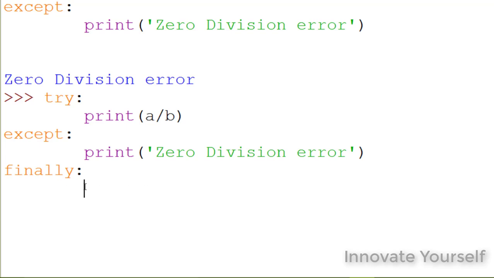Instead, whatever you pass inside this finally, it will print that message as it is. Because sometimes you want to display some message no matter what happens. So I will put some message here. Just type print, and I want to write